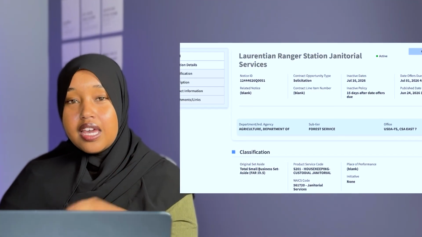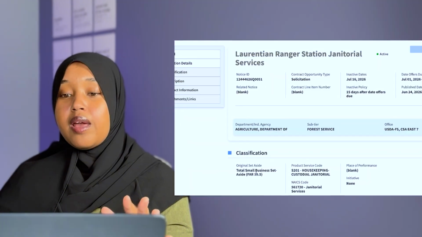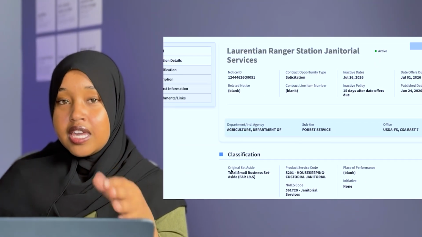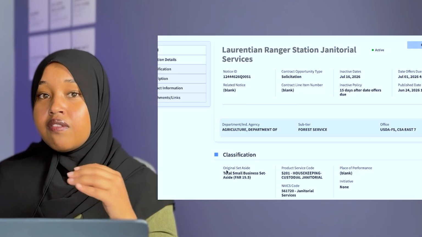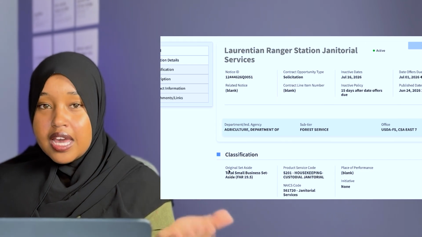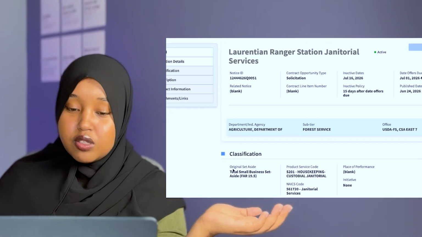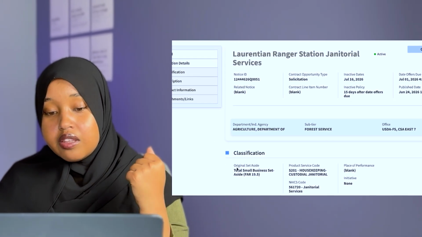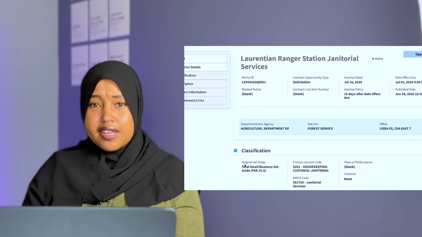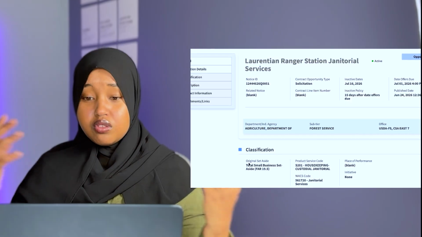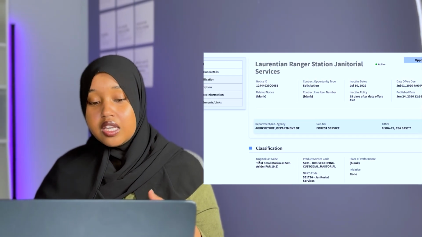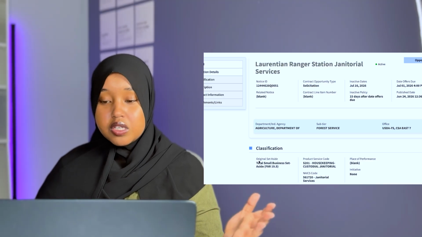You will see 8A set aside. That's a federal program. If your business is registered and has met the qualifications of 8A and you were given the status of the 8A program, then you are allowed to bid. But if you don't have an active 8A registration, then don't waste your time, keep it pushing, go look for other opportunities. There's another program called HUBZone. I have seen a couple that came up last year. If your company is located in those zones that they are looking for and you meet the qualifications and the requirements of it, then you are eligible to bid. If not, don't waste your time and keep it pushing.